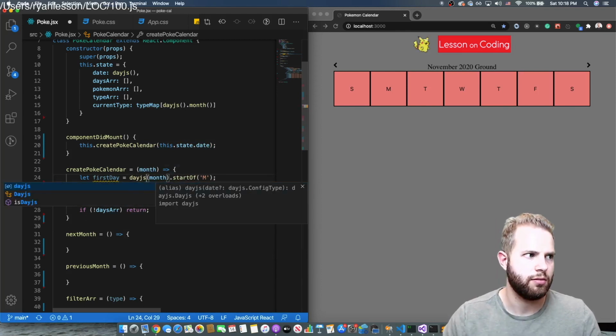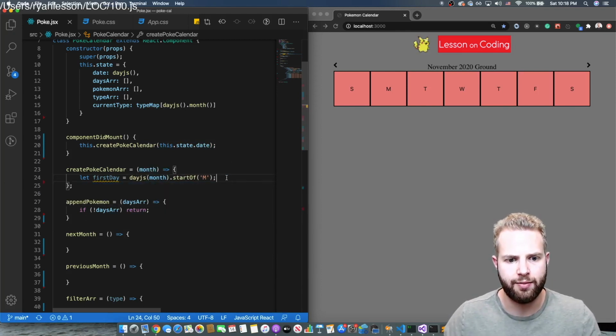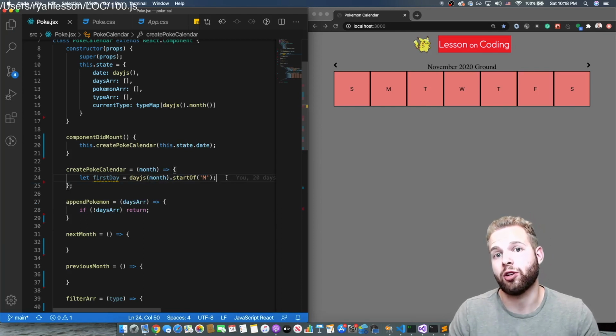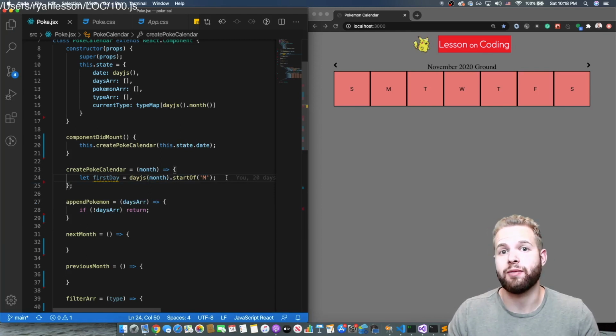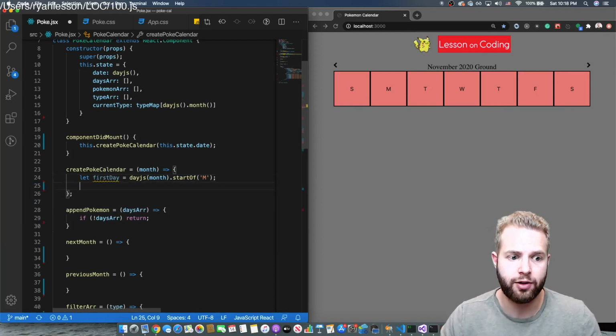Day.js. Okay, so we need the first day because remember, all months don't start on Sunday, and they can start on any day here. So we're going to have to add some padding to it. We're going to do that in a second, but let's first go ahead and make our array. So we're going to go days equals